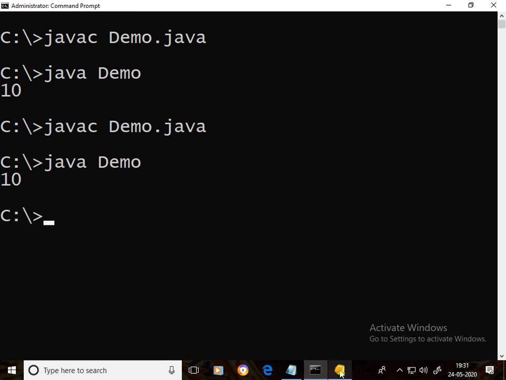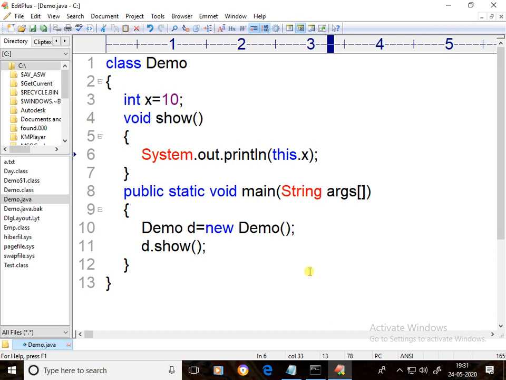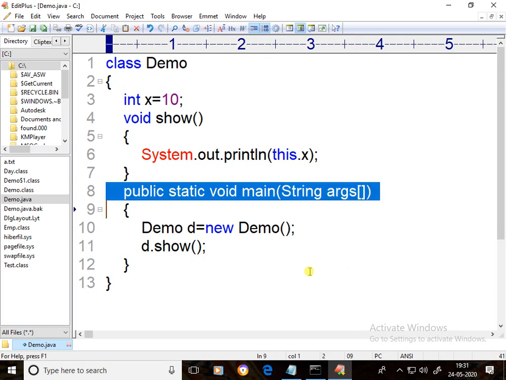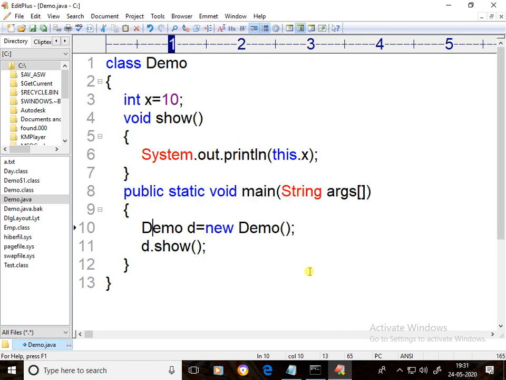This I'll explain diagrammatically. Demo class loaded, open brace executed, main method called, open brace executed, object created, then memory allocated to x. This x contains 10.